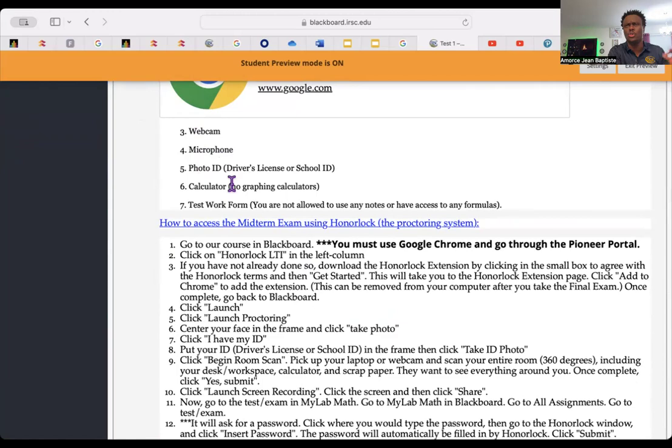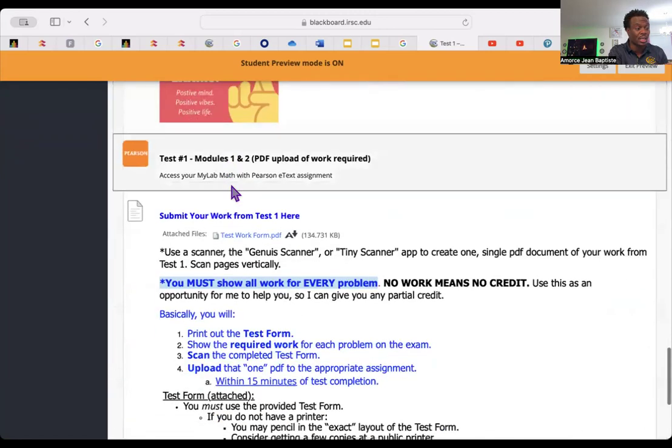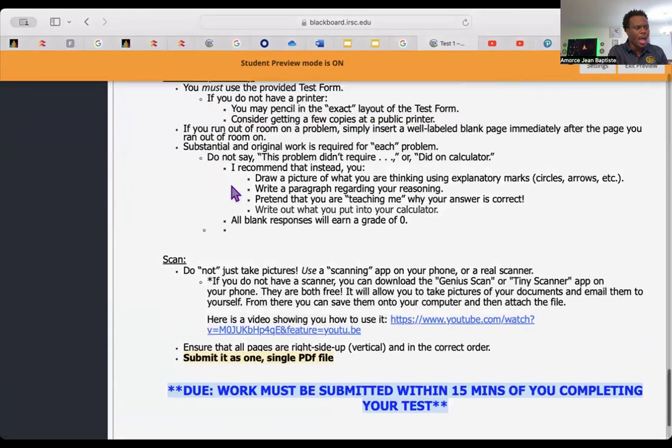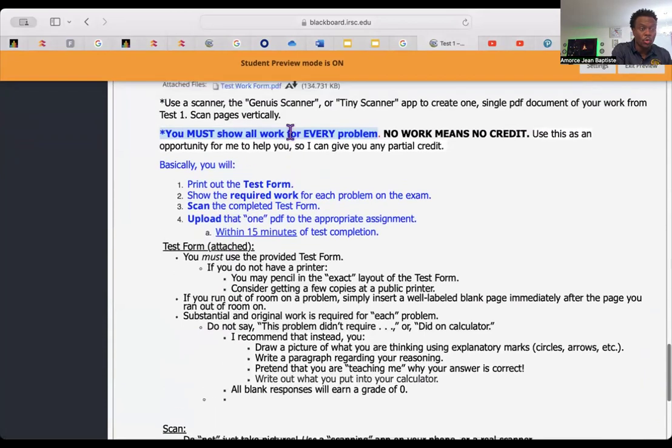You need internet. You need a quiet place. You need to make sure that you read through everything here. Know how to make your test work, which is half the points of your test. Some students think they don't need to show work. You need to show work for each question.